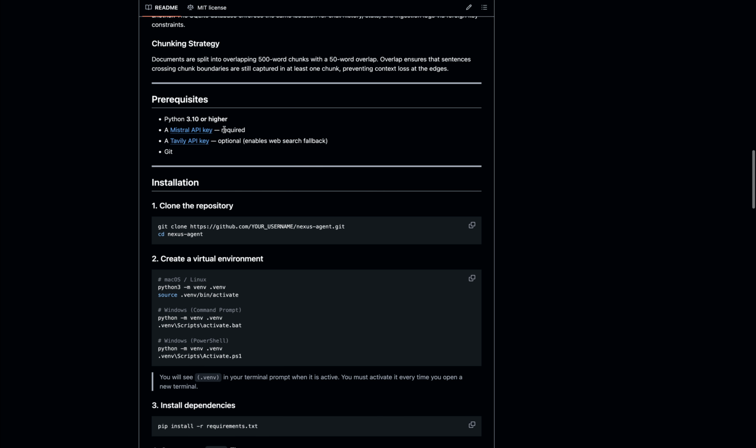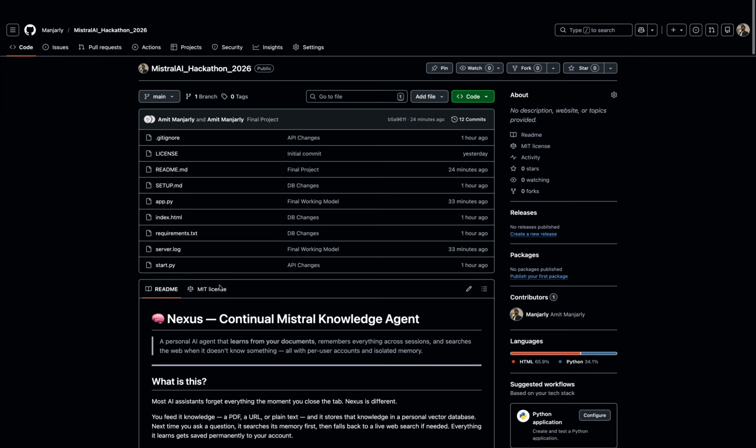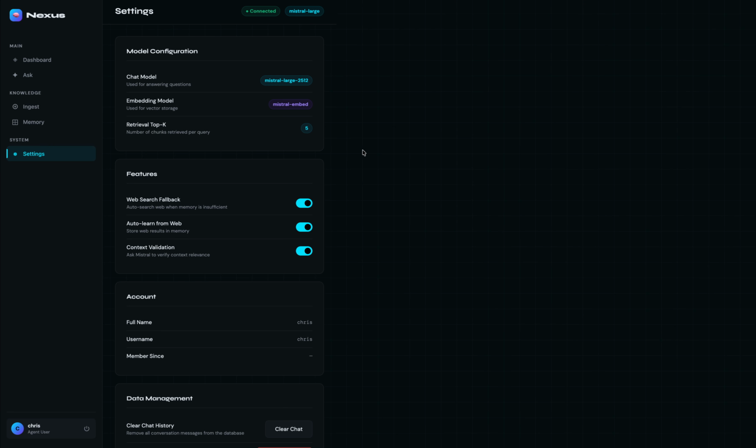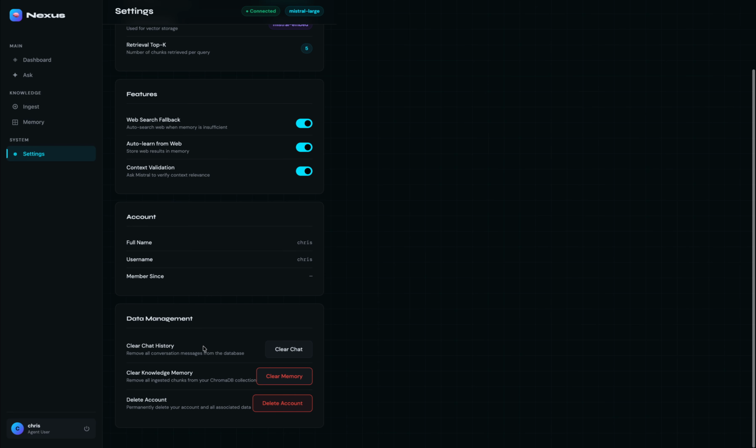You need to have an API key for Mistral and Tavily, and everything else is given here. So that's my project. You can do all the changes here, whether you want web search or auto learn from web search or not, whether you want web search feedback or not, it's up to you. You can delete your account, you can clear chat, you can clear your memory as well,